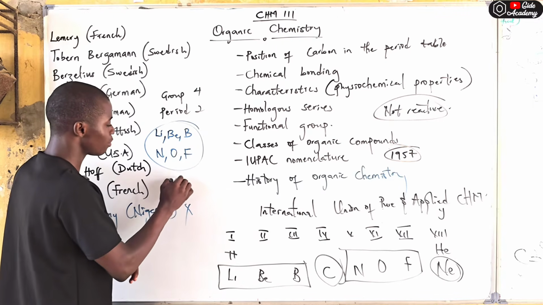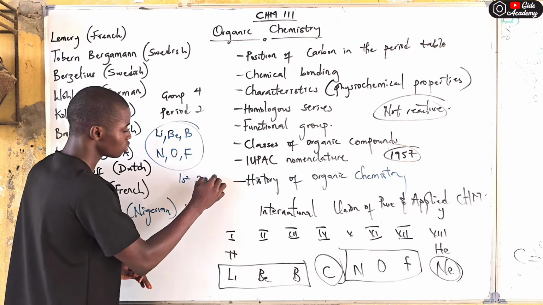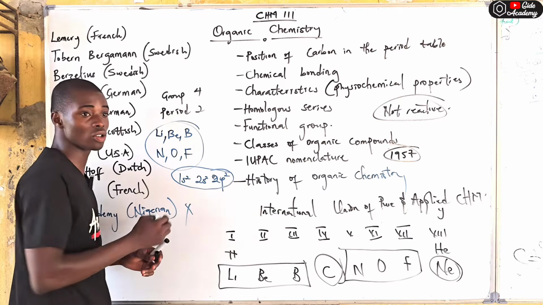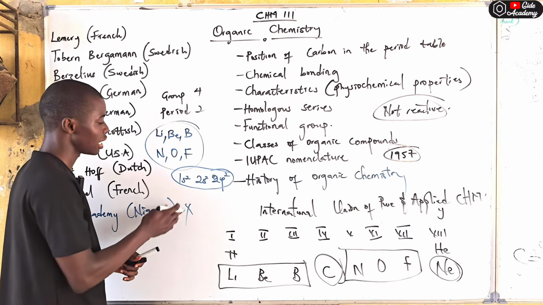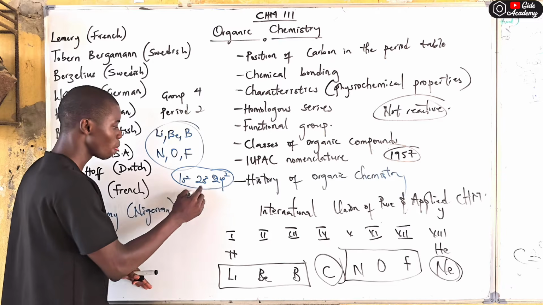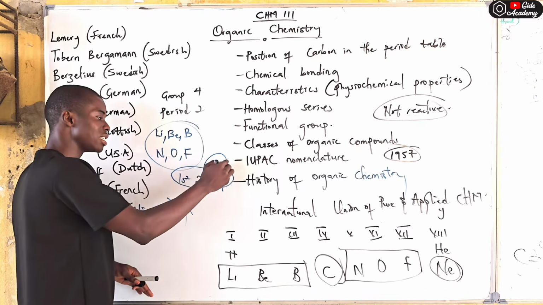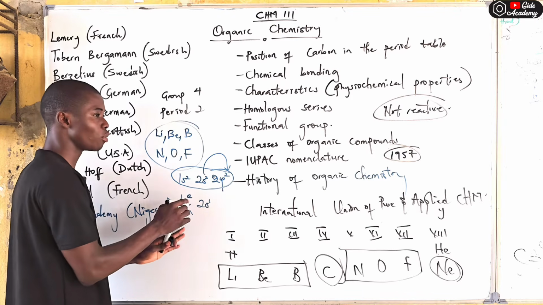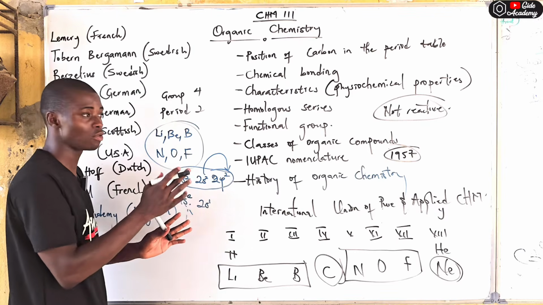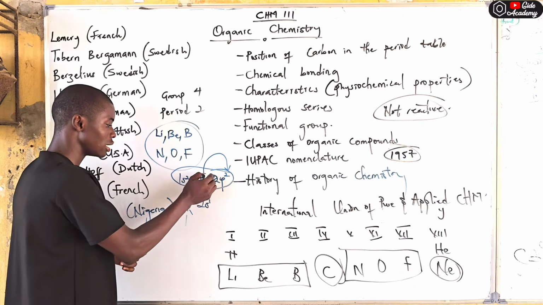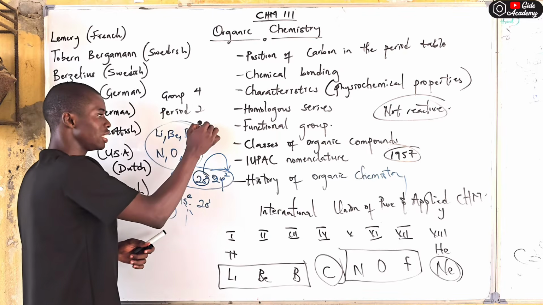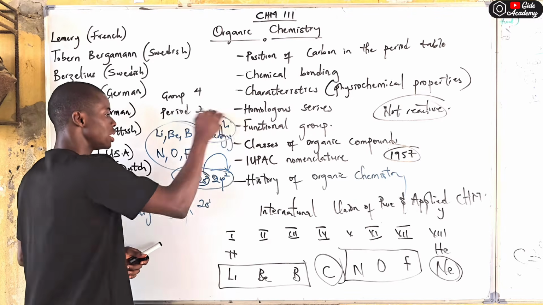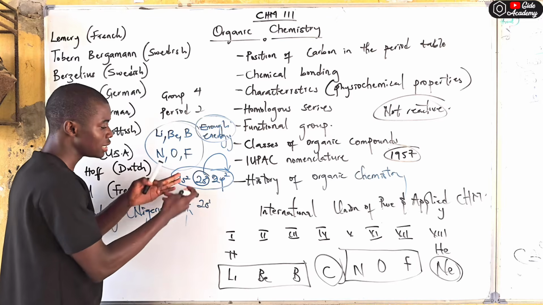The electronic configuration of carbon is 1s2, 2s2, and 2p2. Please take note, this is the ground state electronic configuration. We have what we call the excited state electronic configuration of carbon, which is 1s2, then one of the electrons here will be excited to the 2p, so you are going to have 2s1. The reason for the excitation, or for moving from this energy level to a higher energy level, is simply because one of the electrons in the s orbital has gained enough energy. When that electron gains a particular energy, it is like,